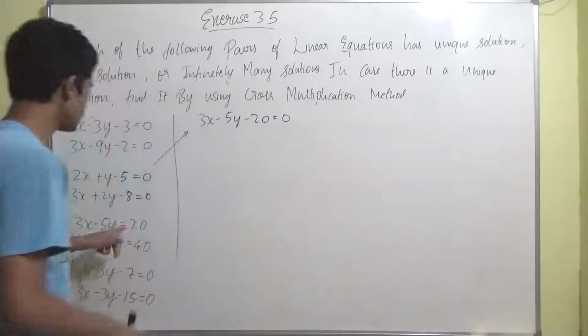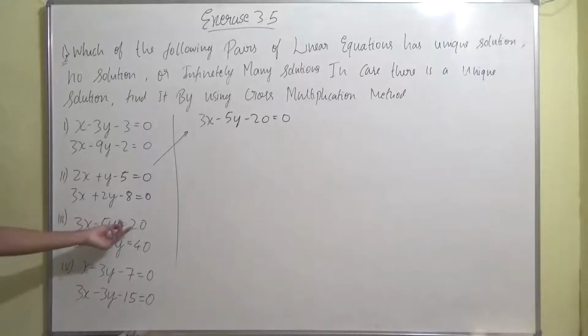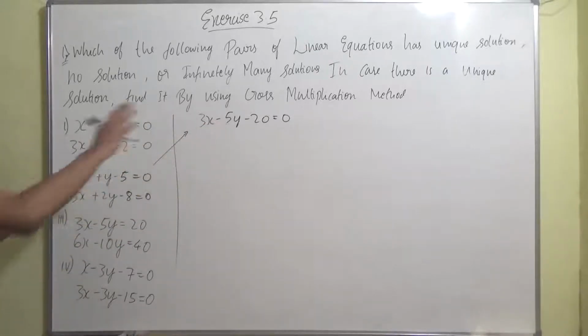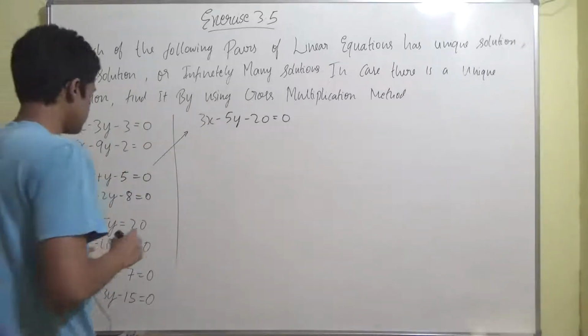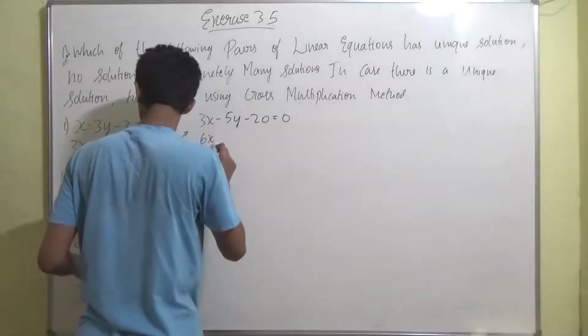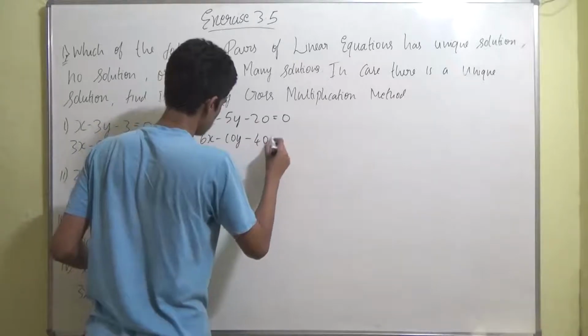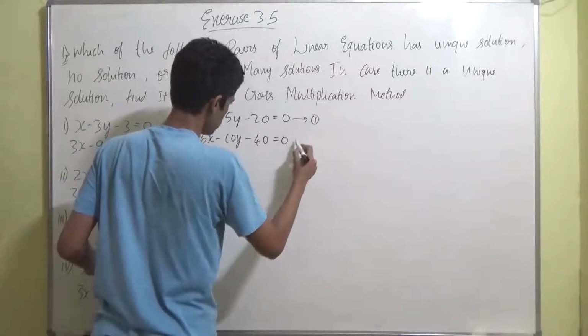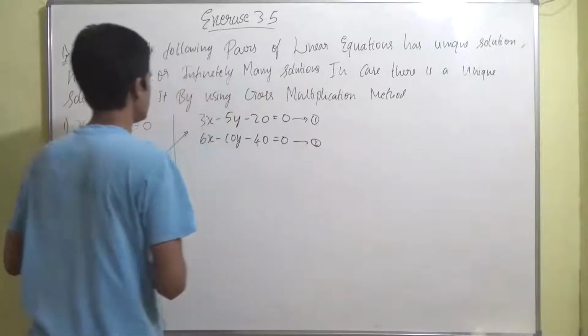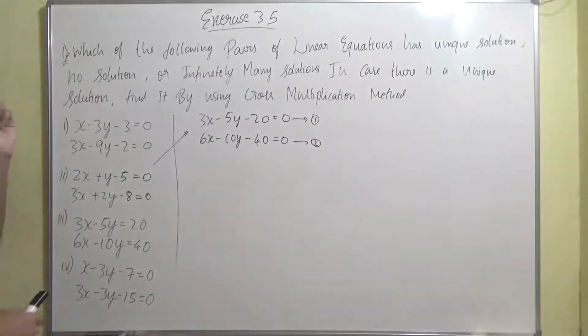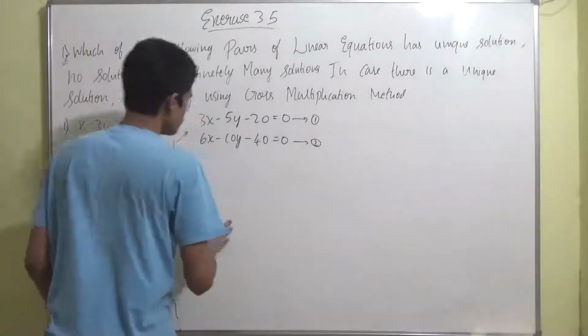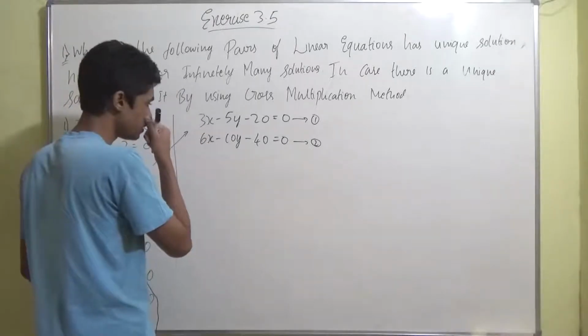So here what I did is, this 20 I brought to the LHS, so plus 20 becomes minus 20, and in RHS let's keep 0. Correct. This was equation 1, this is equation 2, right? Now if you see what's going to happen, if you compare A1 by A2, B1 by B2 and C1 by C2,